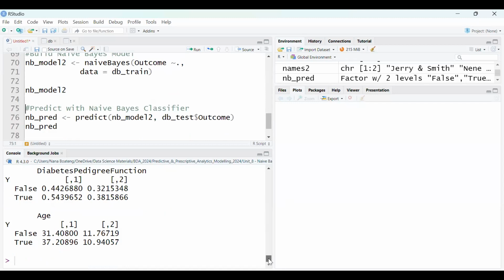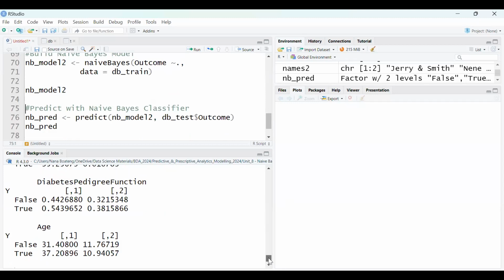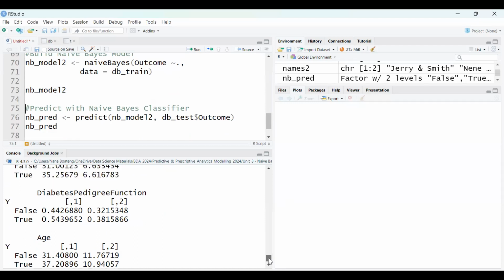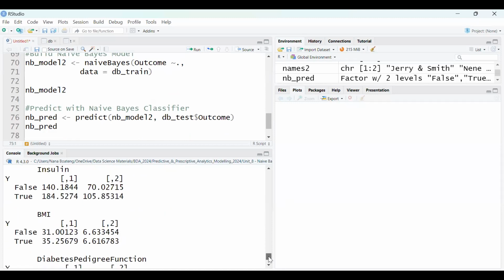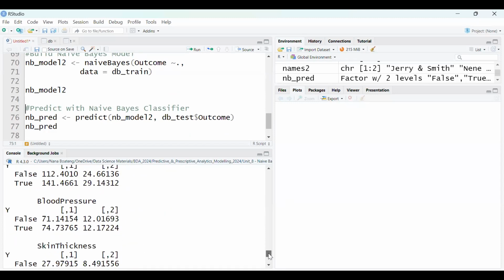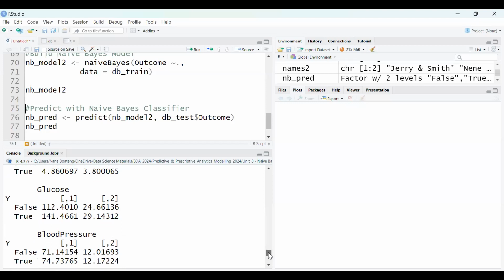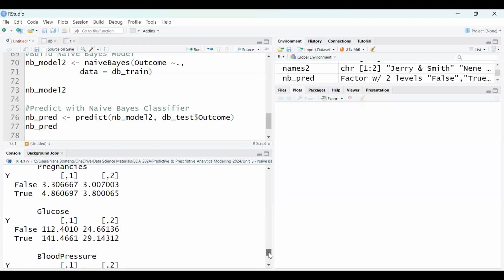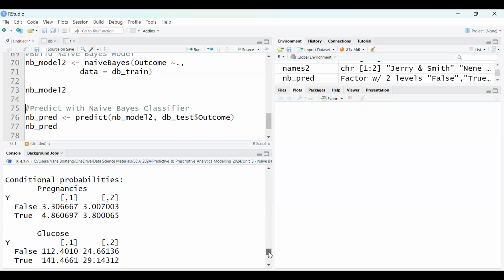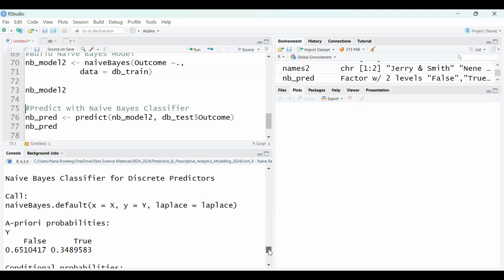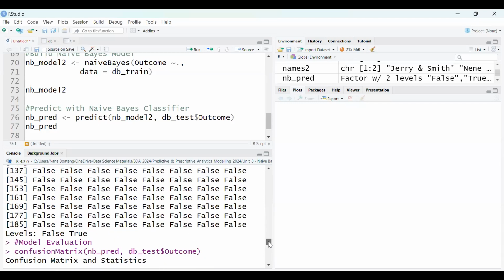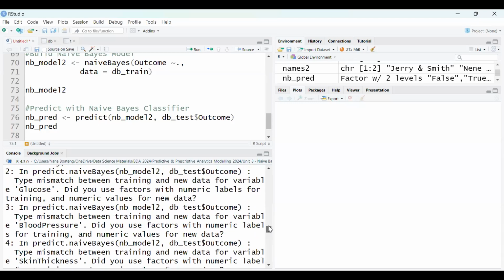Yeah, so that is the output that it gives you, the probabilities for the, let me see. There's something wrong. The conditional probabilities themselves should not be giving us